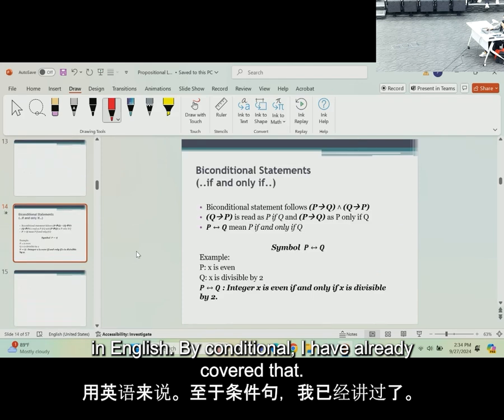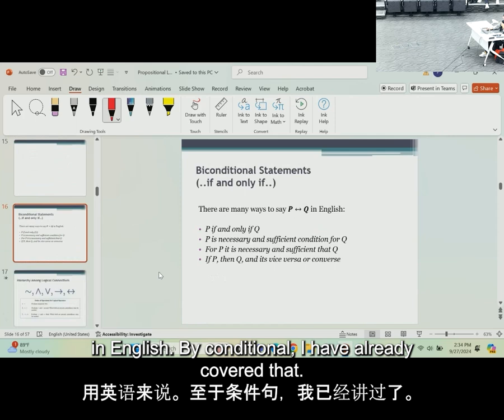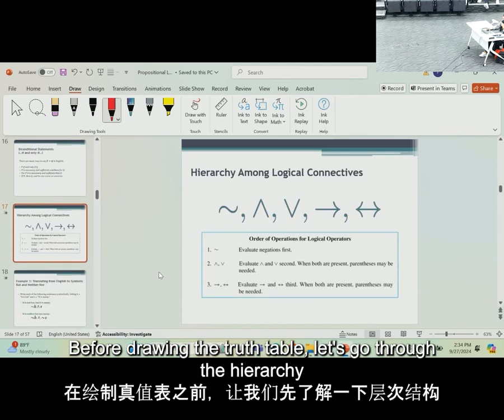Biconditional, I have already covered that. Before